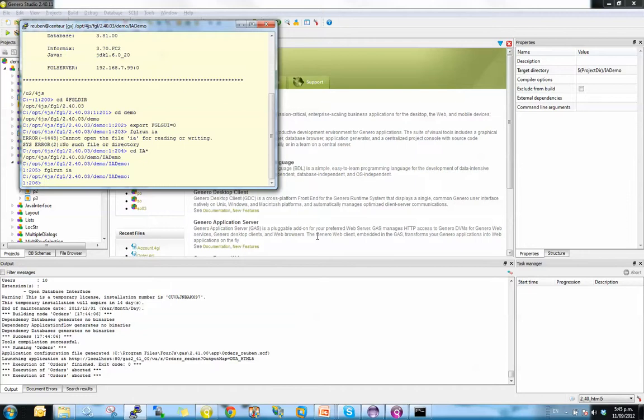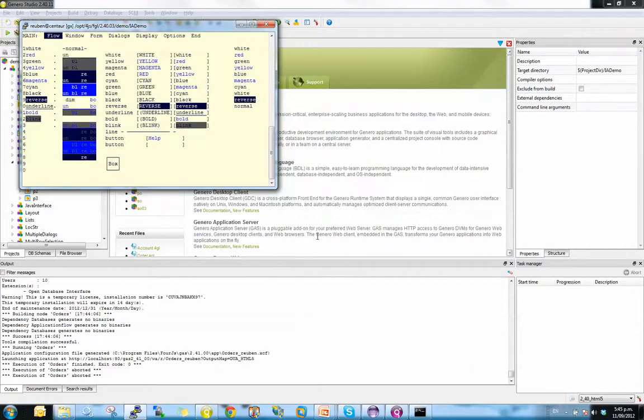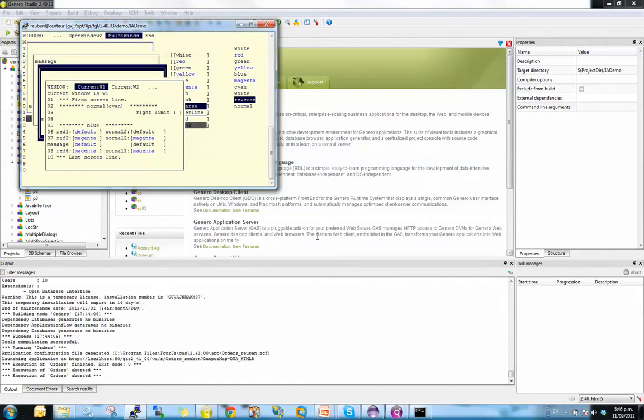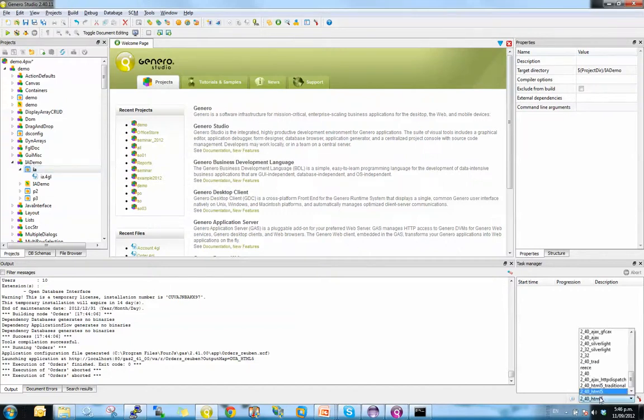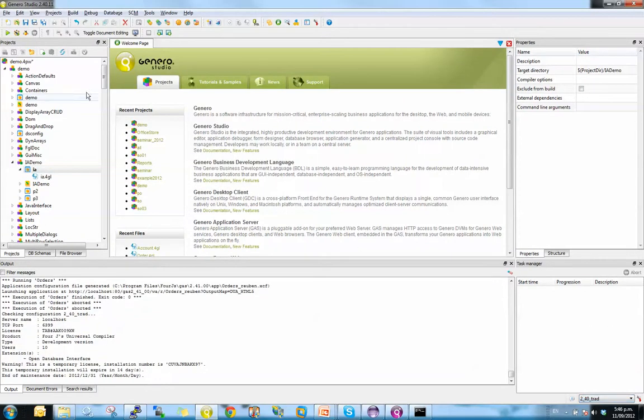The final thing I'll show with the HTML5 theme is we now have the ability to run traditional mode inside a web browser. So for those who can't remember what traditional mode is, it enables us to take the old character programs, so your Informix 4GL program before you Generoize them. So this is just using our standard IA demo program. So we get that look and feel in the character mode. If I come along and run that in the GUI traditional mode,